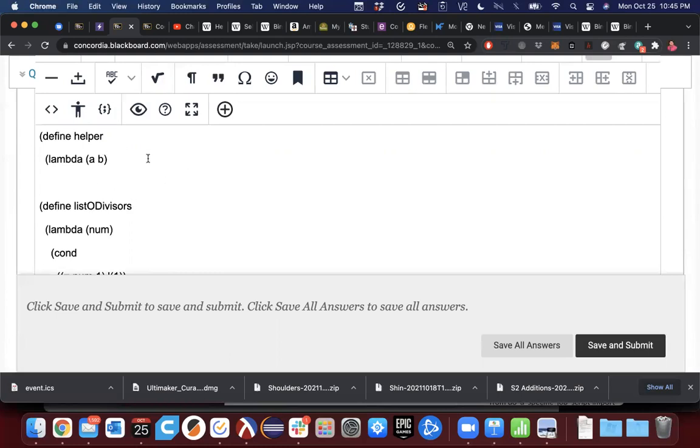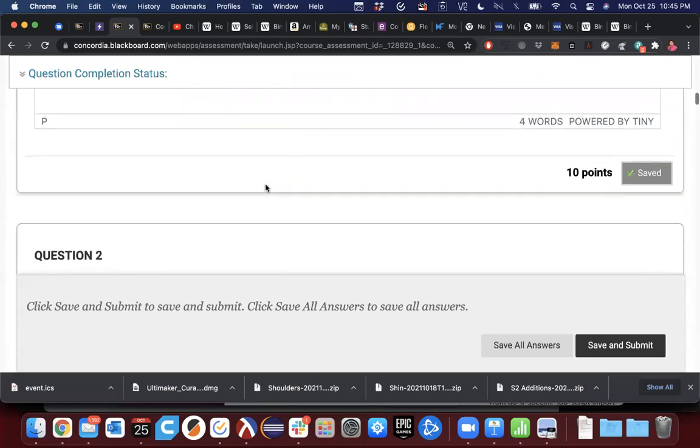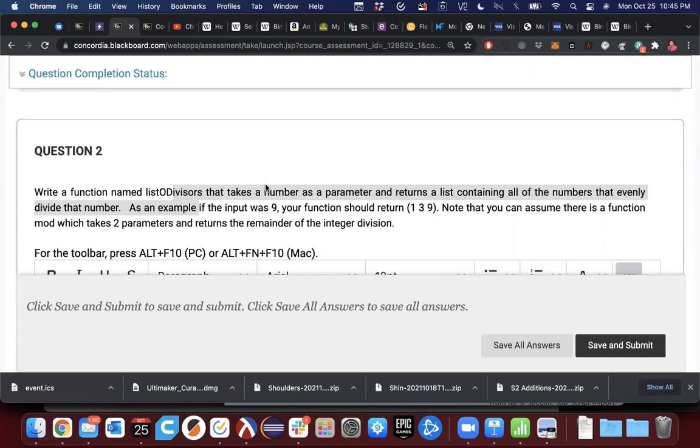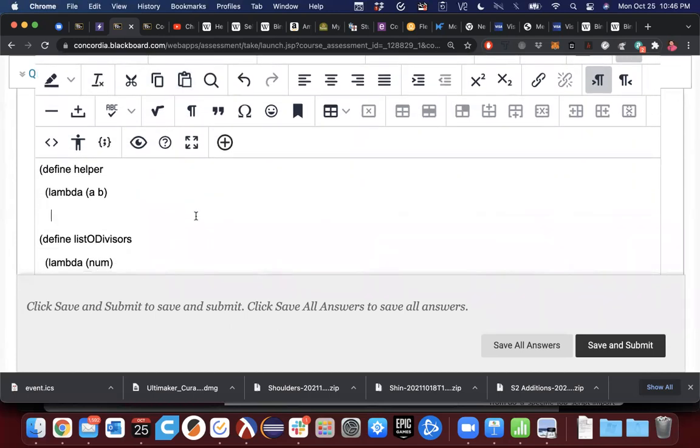I want this guy to go through all the numbers between 1 and whatever. If equals a B, then we'll just boil down to the list containing B, else